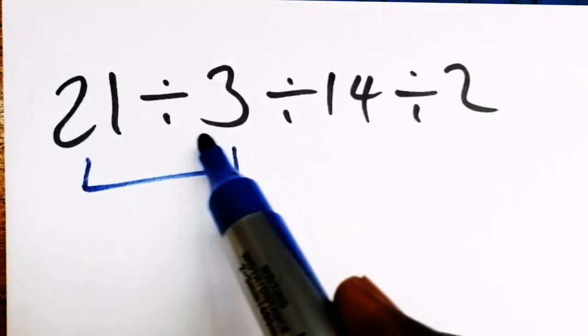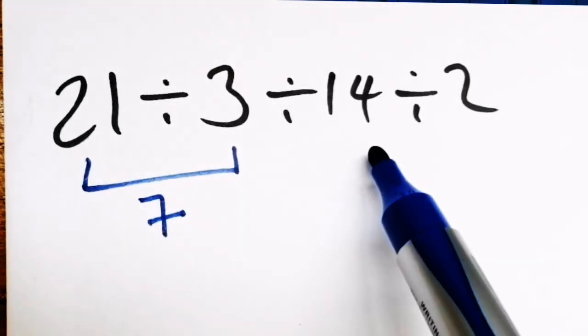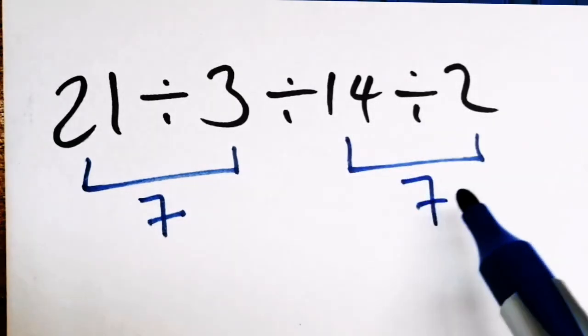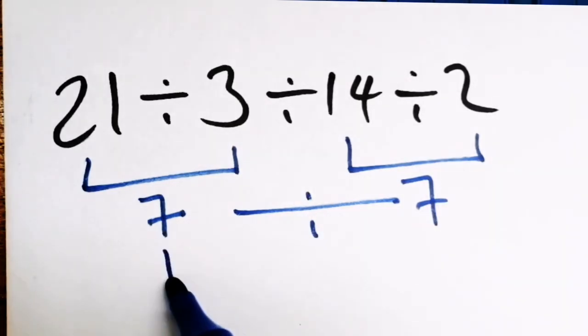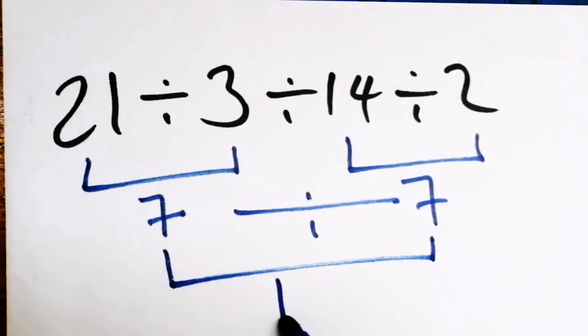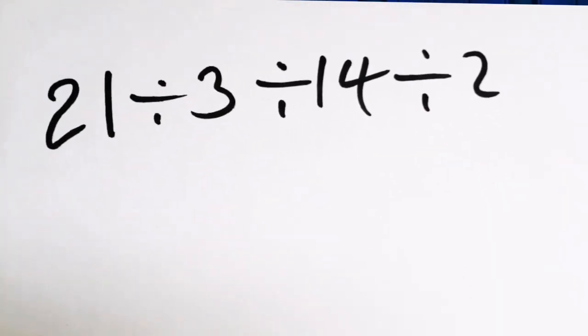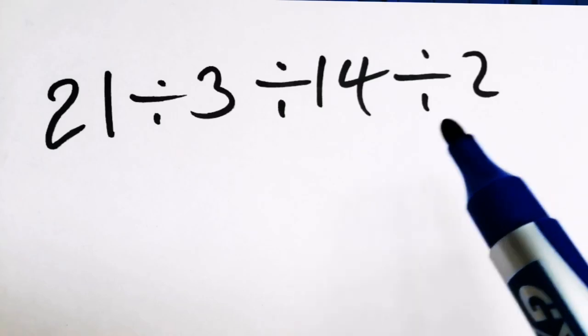21 divided by 3, which equals 7. Here 14 divided by 2, which equals 7. Then 7 divided by 7 equals 1. Okay, but this answer is not correct, because if there is only one operation in the problem, or if there